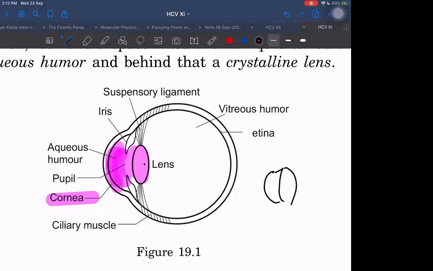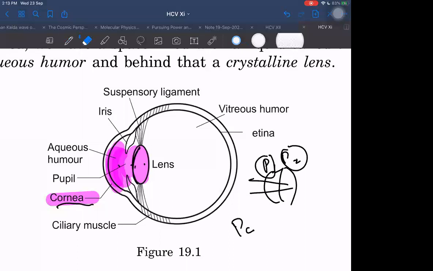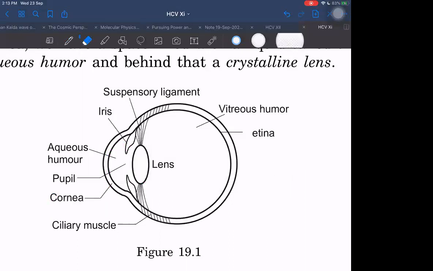Cornea also acts like a lens. It is also a transparent medium, and any transparent medium can act like a lens. So the effective power will become P1 plus P2, where P1 is fixed power and P2 is adjustable power. P1 is the power of the cornea, which cannot change. Cornea power will remain constant, but the power of the lens can change. I think cornea power may also change slightly, I don't know, because the curvature is touching the cornea also. But I have read somewhere that the cornea is nearly constant and the lens changes. Okay, whatever. But it is a combination of two lenses, we can say.